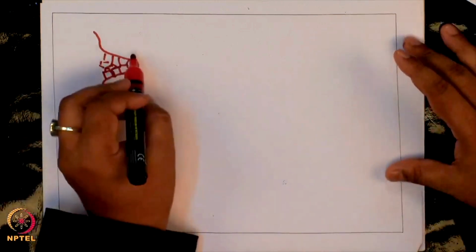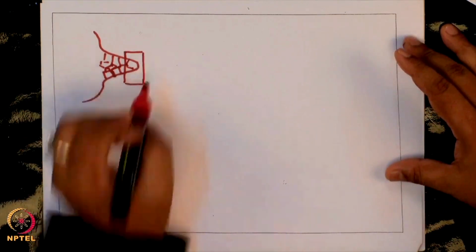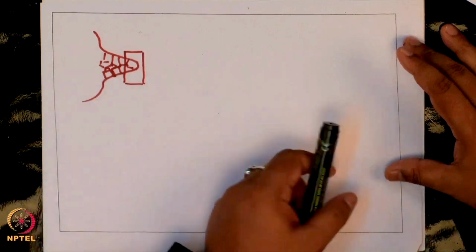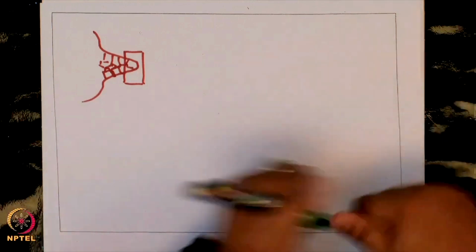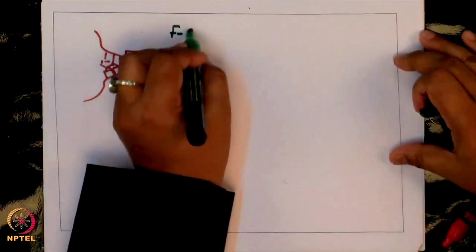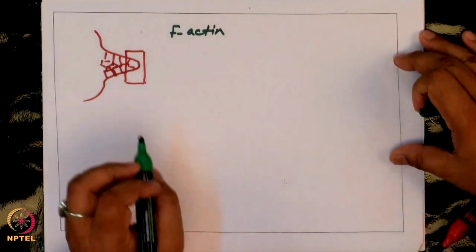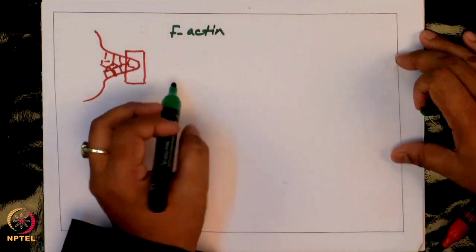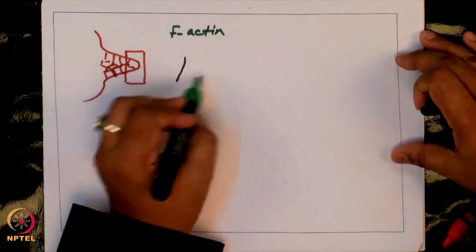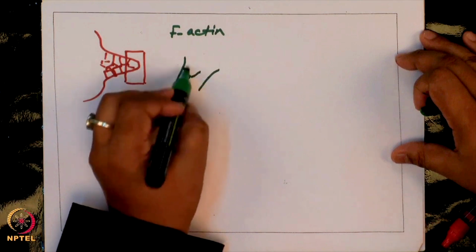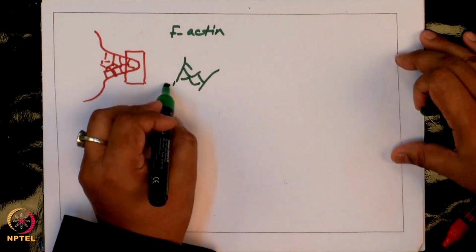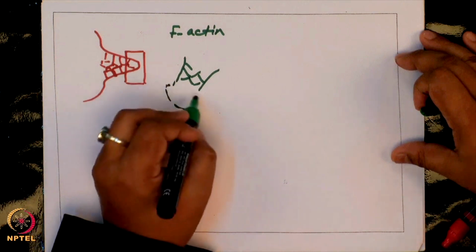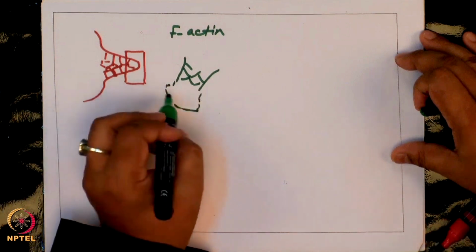Okay. So if they zoomed in to a few of the cells right at the edge of the finger, what they found, okay, so I will draw the F actin image. Okay. F actin was